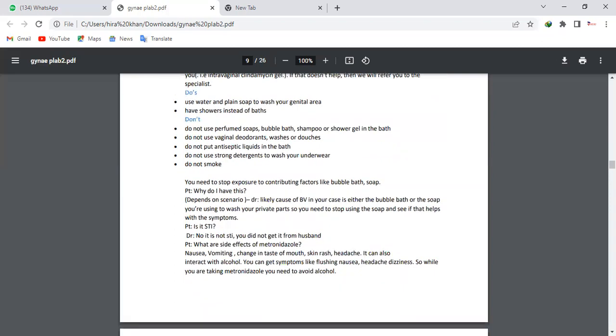And then the patient might ask one more thing. People, very important here, you should know that metronidazole has an interaction with alcohol. So never miss this. Do you smoke or do you drink alcohol? Because if the patient drinks alcohol, you have to mention that, that point is very important here, because if you drink alcohol while taking metronidazole, you might develop severe symptoms like this, and this. Okay.